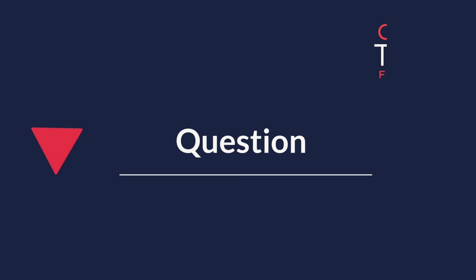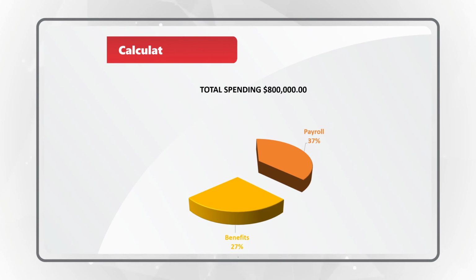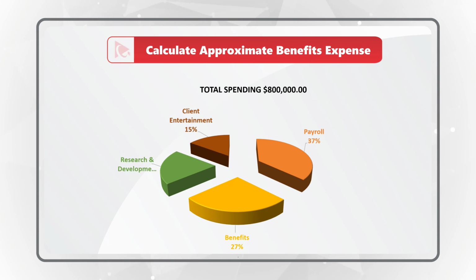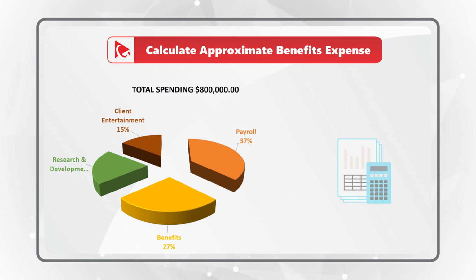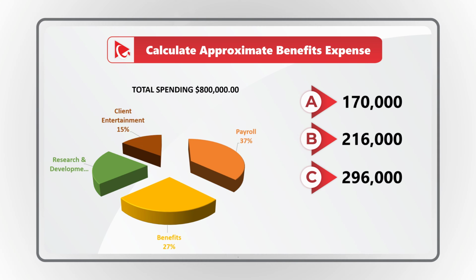Here's an amazing question with an unusual twist, which tests your knowledge of pie charts. You're presented with total spending for the organization, and you need to calculate the approximate benefits expense. In addition to benefits expense, you see payroll expense, research and development expense, as well as client entertainment. And your final selection is within one of 4 possible choices. Choice A, $170,000. Choice B, $216,000. Choice C, $296,000. And choice D,